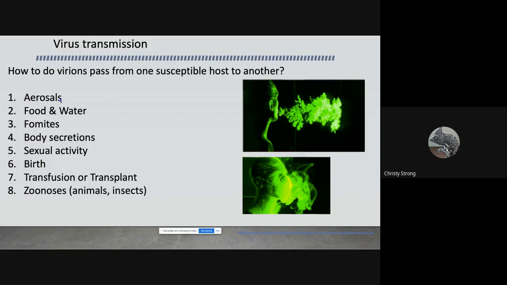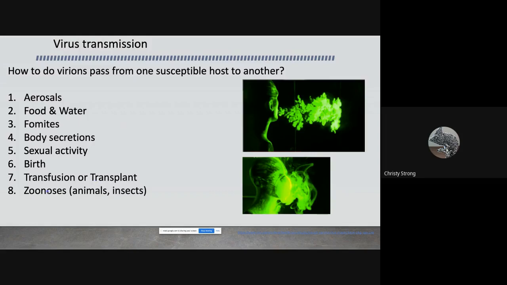So we have to worry about aerosols. For some viruses, you worry about food and water, so hepatitis A is a really good example of that. Fomites, so say you cough into your hand and then you touch a doorknob or an elevator button, someone comes along and touches the same button and then touches their face, oh, they just contaminated themselves. Bodily secretions, sexual activity, so HIV is very famous for this. Birth, so you'll have mother to child transfer that can happen, transfusions like blood transfusions, and then organ transplants, and